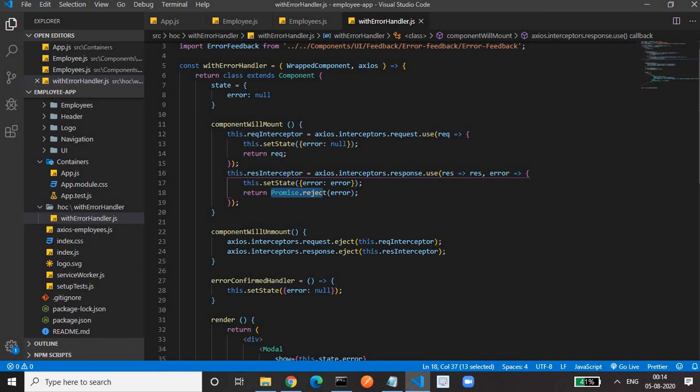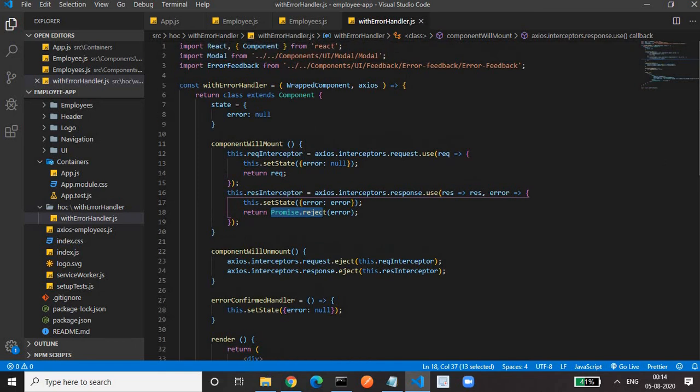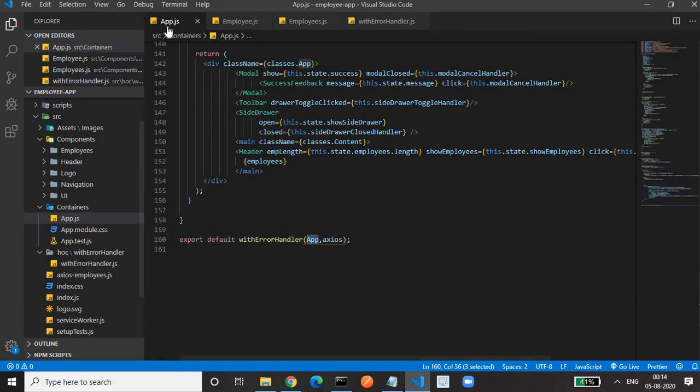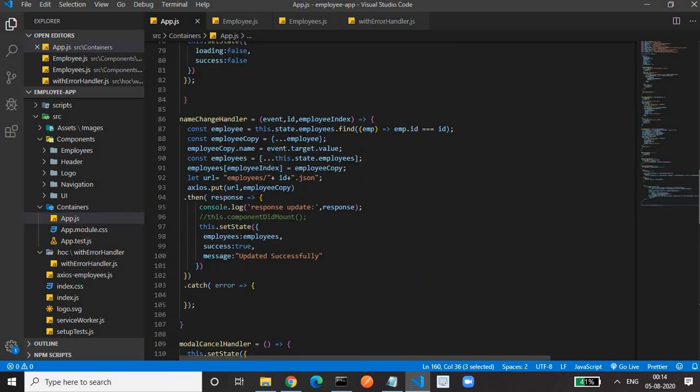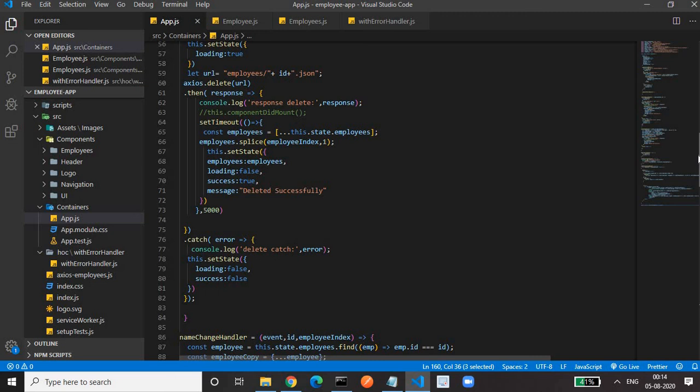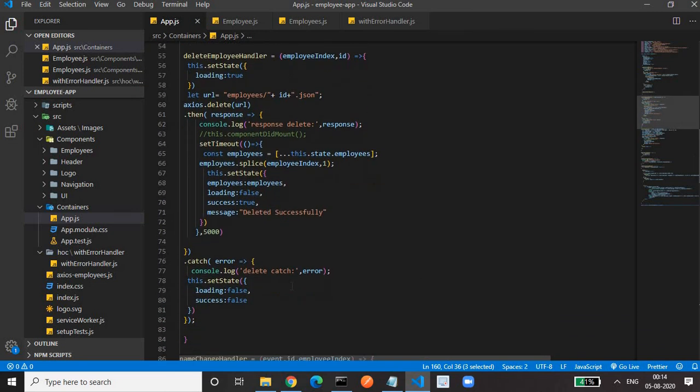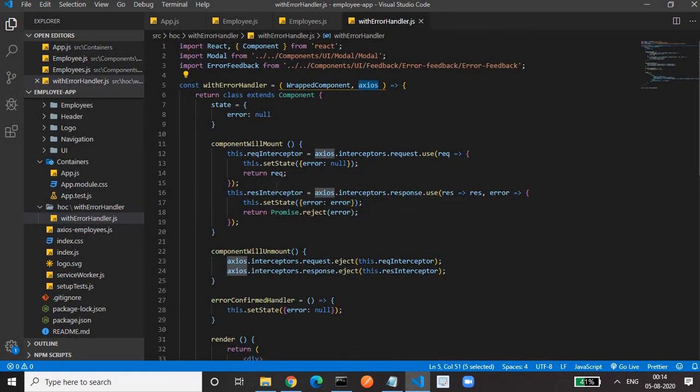The axios we are passing is defined in the app.js file. If there is any error in any function and we throw that error using Promise.reject, it will come to the catch block. So Promise.reject is important. If you don't throw there, it won't come to the catch block. It will go to the then block. So this is important.